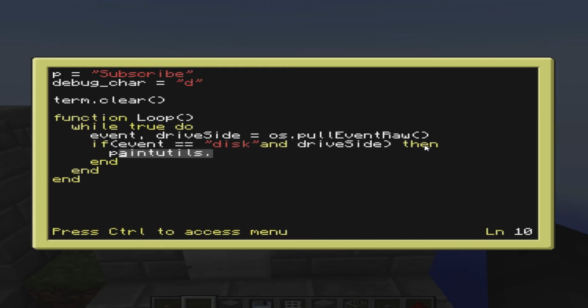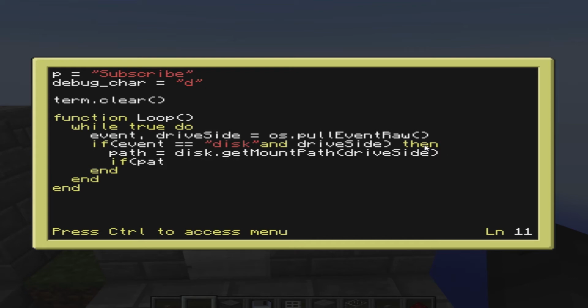So we need to get a path. So the path is going to equal disk dot get mount path, and we have to input a drive side into there, and then that is going to return a path value. So if said path value, so if there's one there, so if it doesn't equal, I guess it's not null, it's nil in Lua,